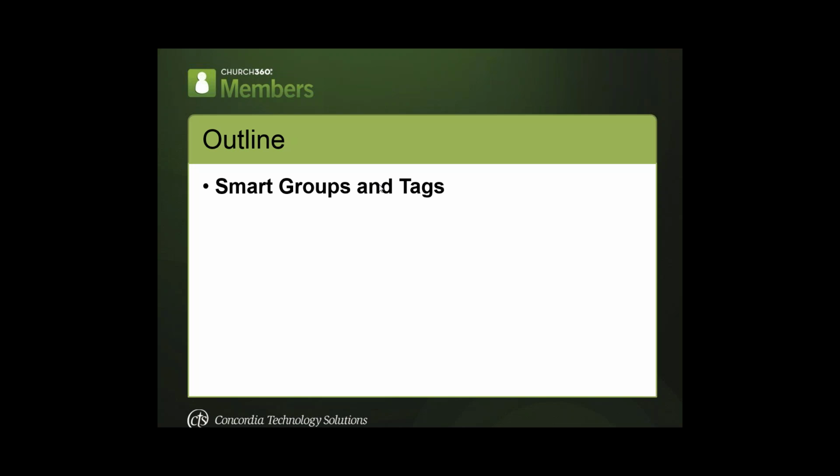Today's focus is going to be on youth ministers. We're going to start out with smart groups and tags, and we're going to show how to use smart groups and tags to label the people who will be part of the youth ministry, leading the youth ministry, and use smart groups to help find people who are eligible for the youth ministry. After smart groups and tags, we'll go to saved reports, and we'll show you how to create reports and save